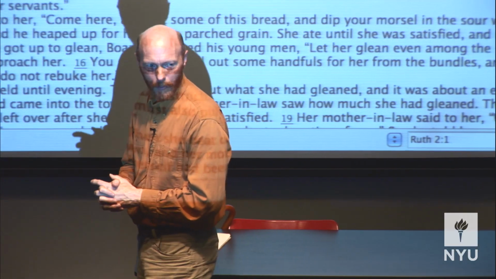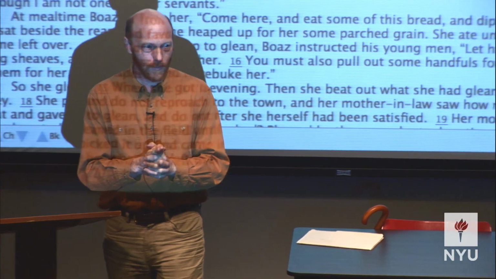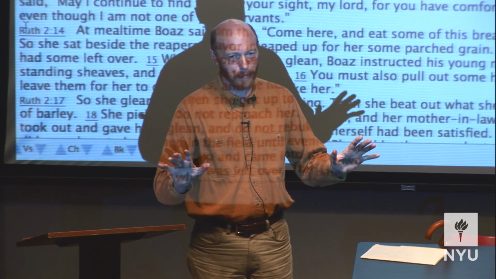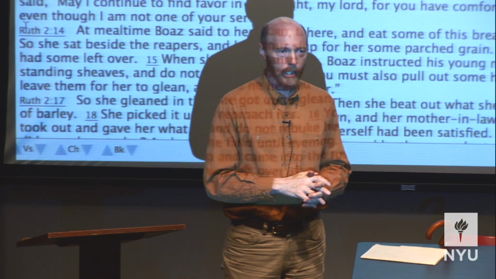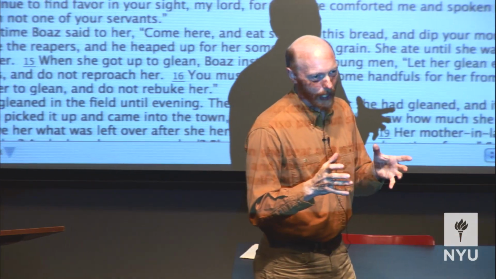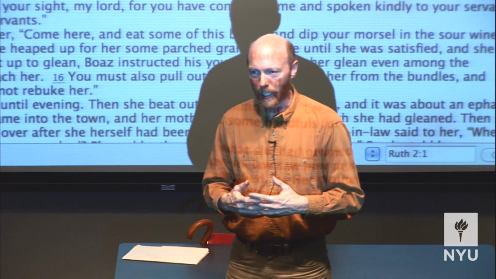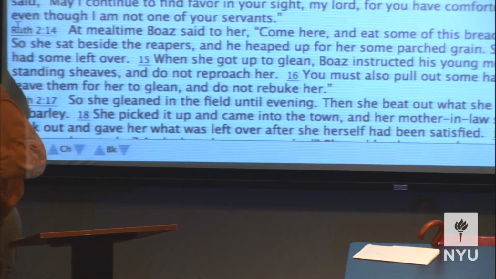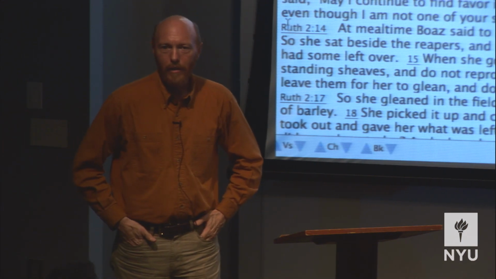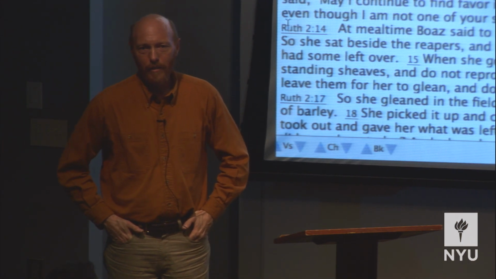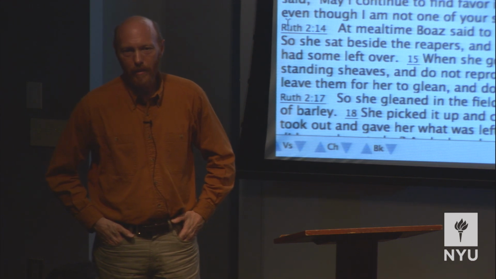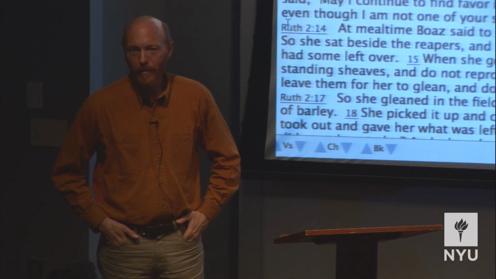And so we still don't know what happened to her land. This whole story about her going around picking up grains of wheat is not answering the question of what about Naomi's land. So here's where the other clue is. Yeah, you want to go ahead? First of all, I don't understand, if Ruth went to a different field, why didn't she just go